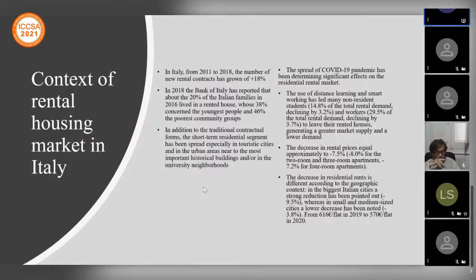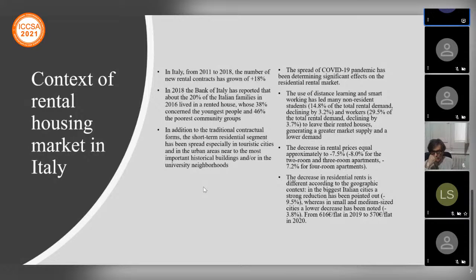The Bank of Italy, in a study of 2018, reported that 20% of Italian families live in rented houses, and the spread of COVID has changed the rental sector very much, maybe more than the housing sector,